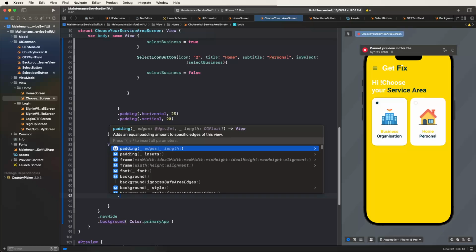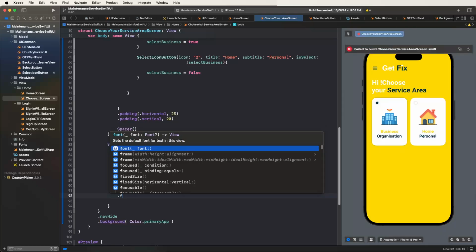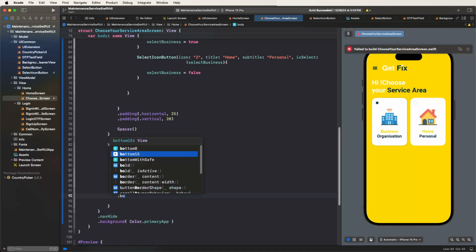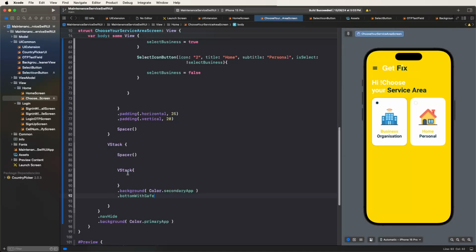Then after that give the bottom padding,